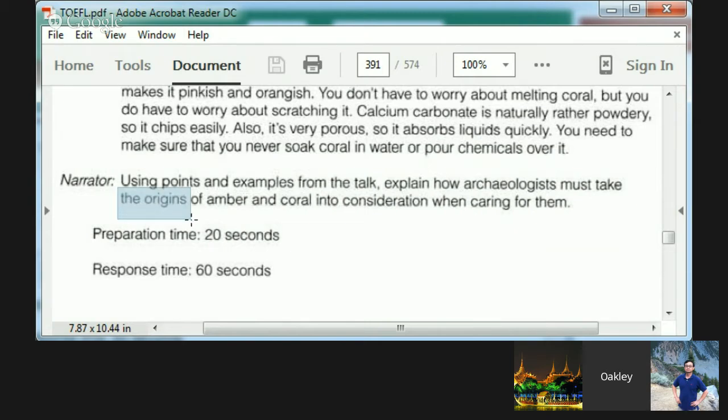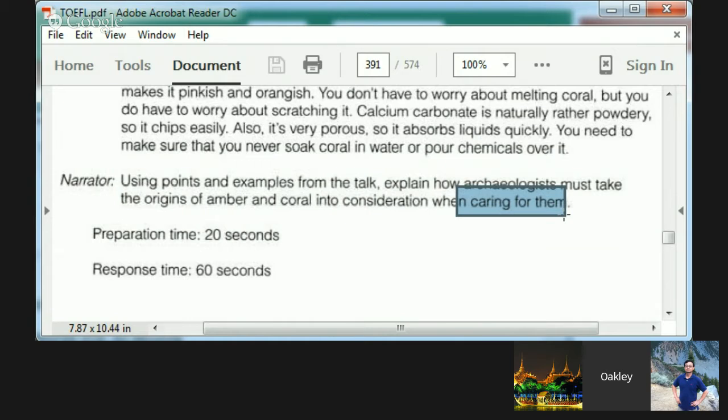You definitely covered that aspect. You could have done better in the parts about caring for them, but actually that answer would not be bad at all. It would be a decent score. A couple of small points. Of course, you got confused about how the archaeologists have to take care of them.